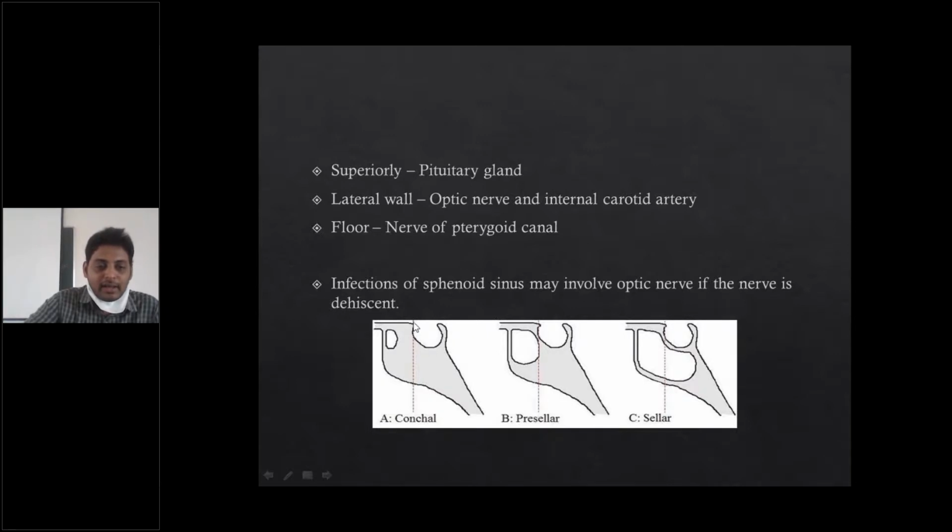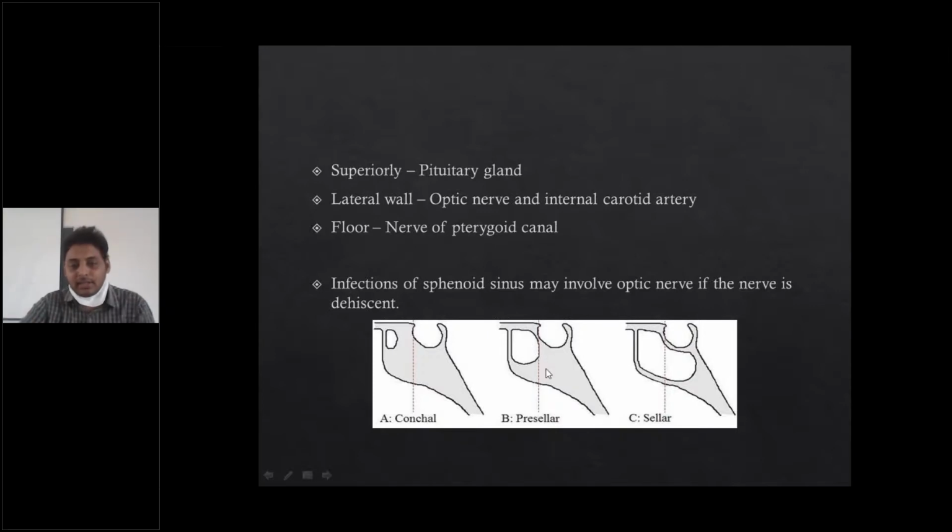If you draw a line from the anterior wall of the sella turcica, if the pneumatization of the sphenoid sinus is anterior or before that anterior wall, this is known as conchal type. In this conchal type, it is a rudimentary type of pneumatization, which is not more common, and there will also be bone present. There will be air here, and there will be a bone between the pituitary gland and the pneumatized sphenoid sinus. In the presellar type, the pneumatization extends up to the anterior wall of the sella turcica, but